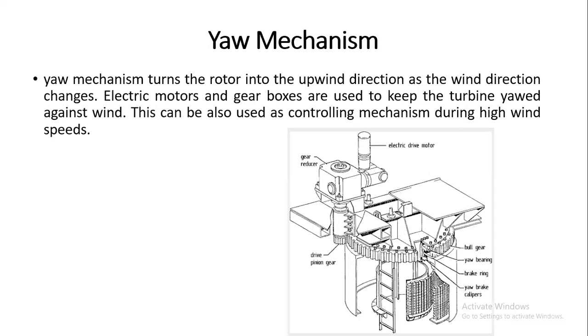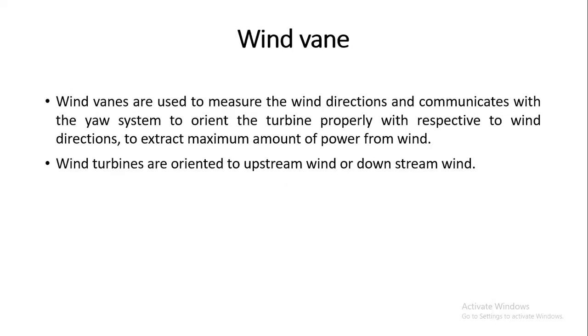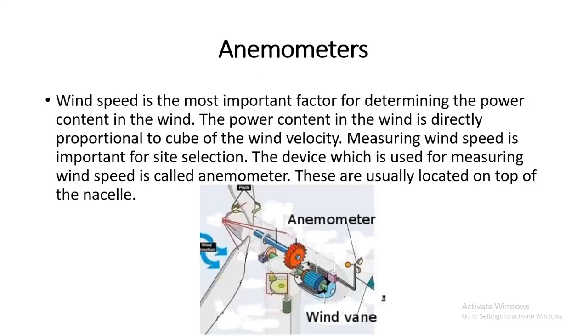Wind vane. Where is the wind vane? This one we call the wind vane. It tells us the direction of the wind, whether the wind is from north to west, east, west to south, and particularly east to west, west to south. The particular direction of wind, clockwise or anti-clockwise, is told by the wind vane.